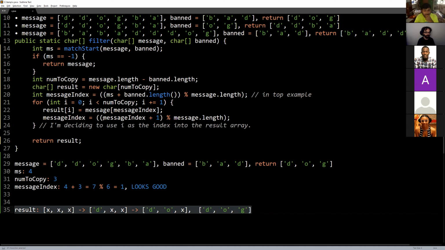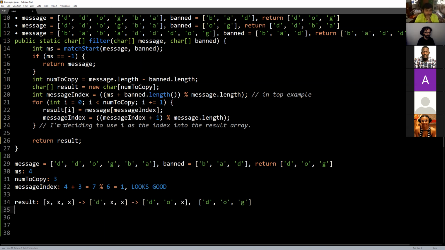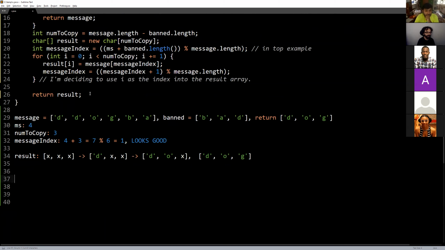Okay. Oh, not message. Yeah, result. Okay, yeah. So result. This is what I expect to happen. So the first time through the loop. All right, maybe I would do this on paper, not actually in a Notepad window, of course. But okay, so first time through the loop, i is 0. Message index is 1.